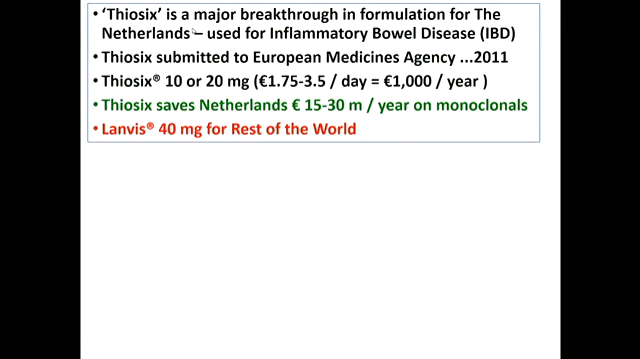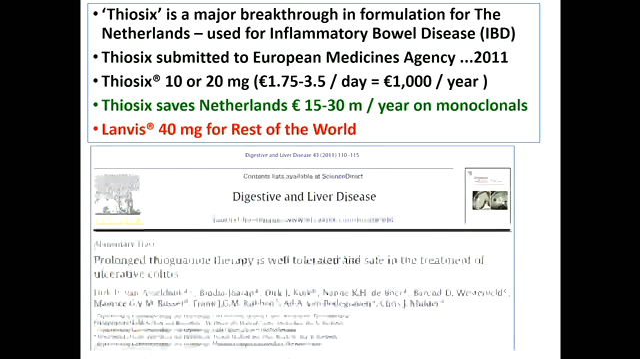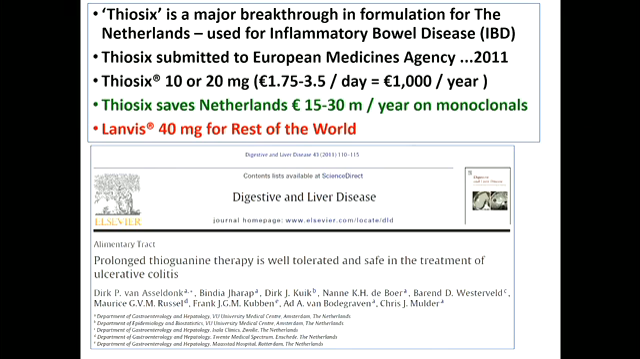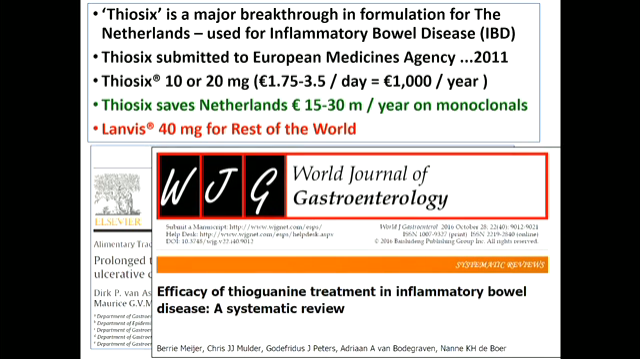Thio 6, the Dutch say, produced a major breakthrough in the formulation in Netherlands, used for inflammatory bowel disease, but now starting to use it for leukemia as well. And they produce it in 10 or 20 milligram tablets. It costs about €1,000 a year for a patient, but for patients taking monoclonals, it costs them 10 to 15,000 euros a year. So far it's saving the Netherlands between 15 and 30 million euros a year on monoclonals. And the Dutch have started publishing this stuff, so there's one paper by them with lots of Dutch names on it, saying that it's very safe. Then another one